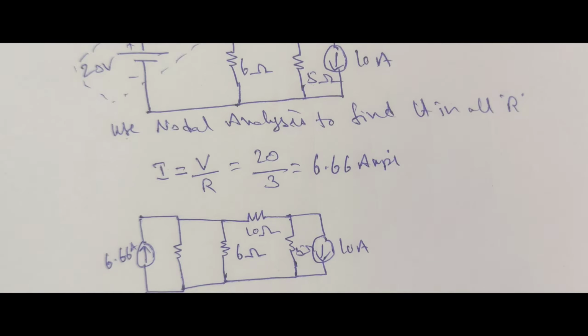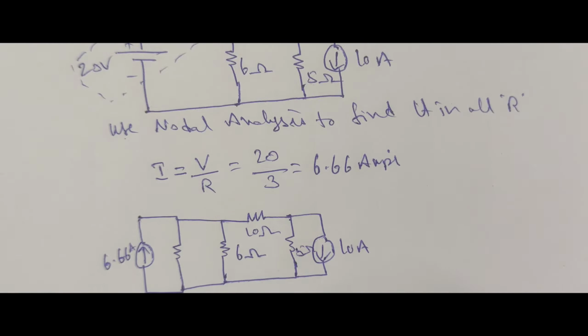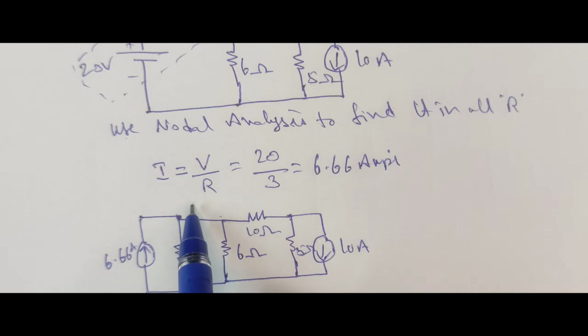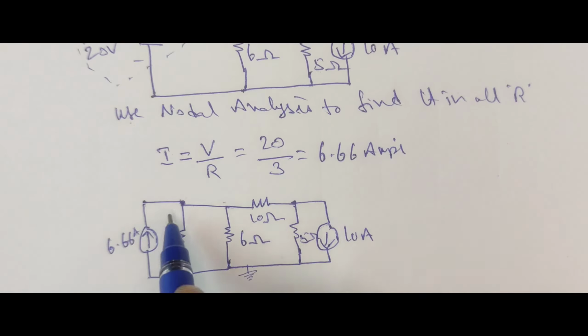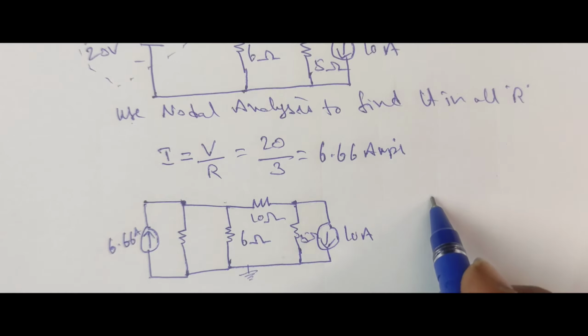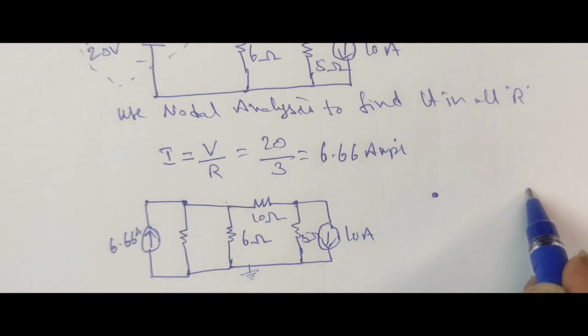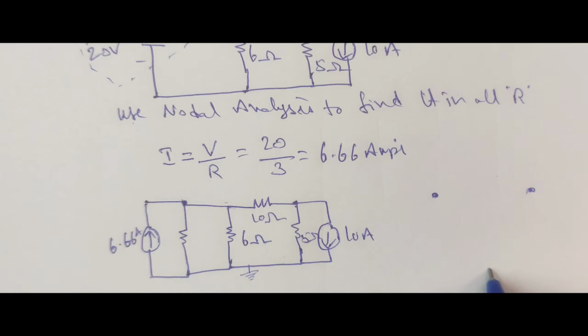The same rearranged circuit diagram we can write in the form of a butterfly diagram also. Here to here we don't have any resistance, and from here to here we don't have any resistance, so we can consider this as only one node, a common node. Here also between these two we don't have any resistor, so this is also one node. Initially I told you we have a common node, where the potential value is 0. After rewriting it, I have found only two nodes, this one and this other, plus the reference node.